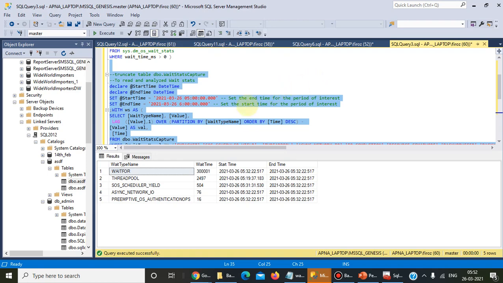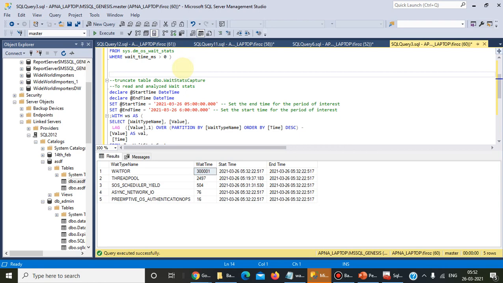At the time of analyzing, we can see that the WAITFOR wait type is recorded for more than 5 minutes. Actually, this wait time is given in milliseconds. We can convert it into seconds or minutes.